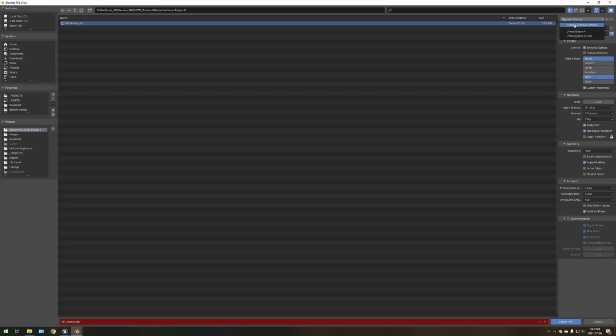So that's what I have there, as well as I've changed the smoothing to faces. That's the recommended thing to do. And I just have apply modifiers here so that the subdivision surface modifier will be applied. I unclicked bake animation. There's absolutely no animation data to export whatsoever. And as far as I can see, those are the only differences between the export. So now I'll click here, SM_monkey.fbx, and I'll